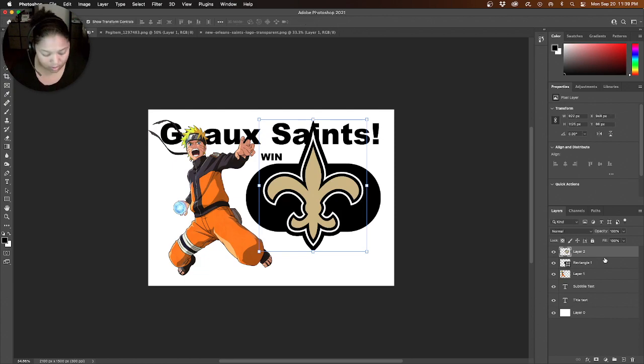Make sure I commit to that. Clipping one layer to another layer. So I'm going to have the layer that I want to be seen, the main image that I want to be seen, on top of the shape or whatever it is that I want it to be clipped to. Okay. So I'm going to bring my cursor in between the two layers,